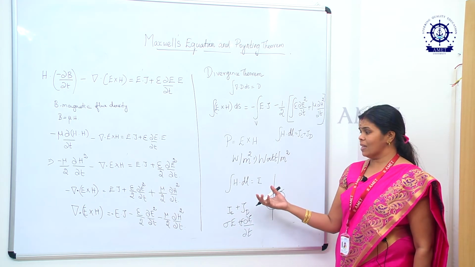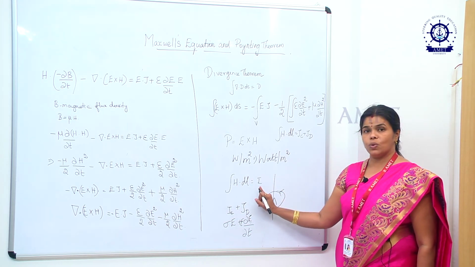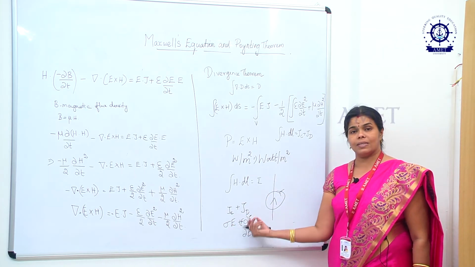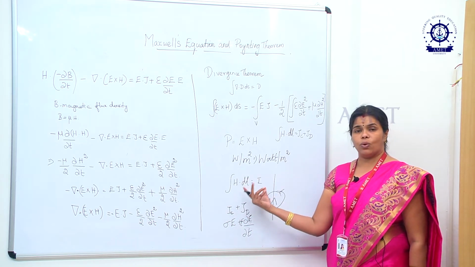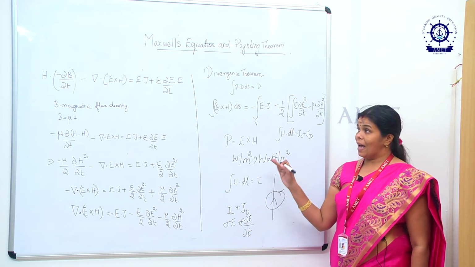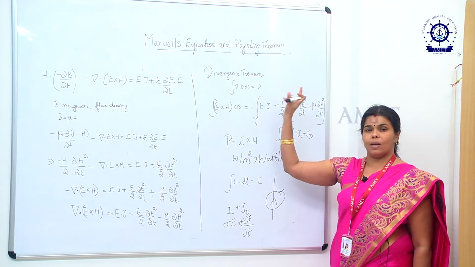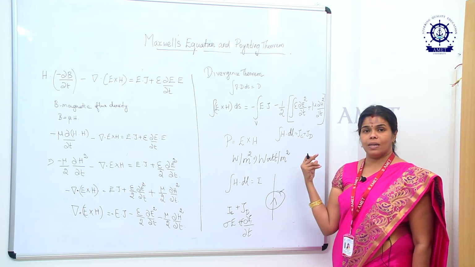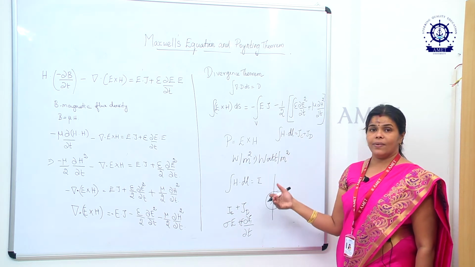So if you are deriving the equation using Ampere's law, H dot dl equal to I, but if both resistance as well as the capacitance effect are there, this equation won't hold good. So only then we go for the modified Ampere's law. And in the Maxwell's equation as well as in the Poynting theorem, we are using the modified Ampere's law, which uses the conduction current as well as the displacement current density, and we are deriving the equation.